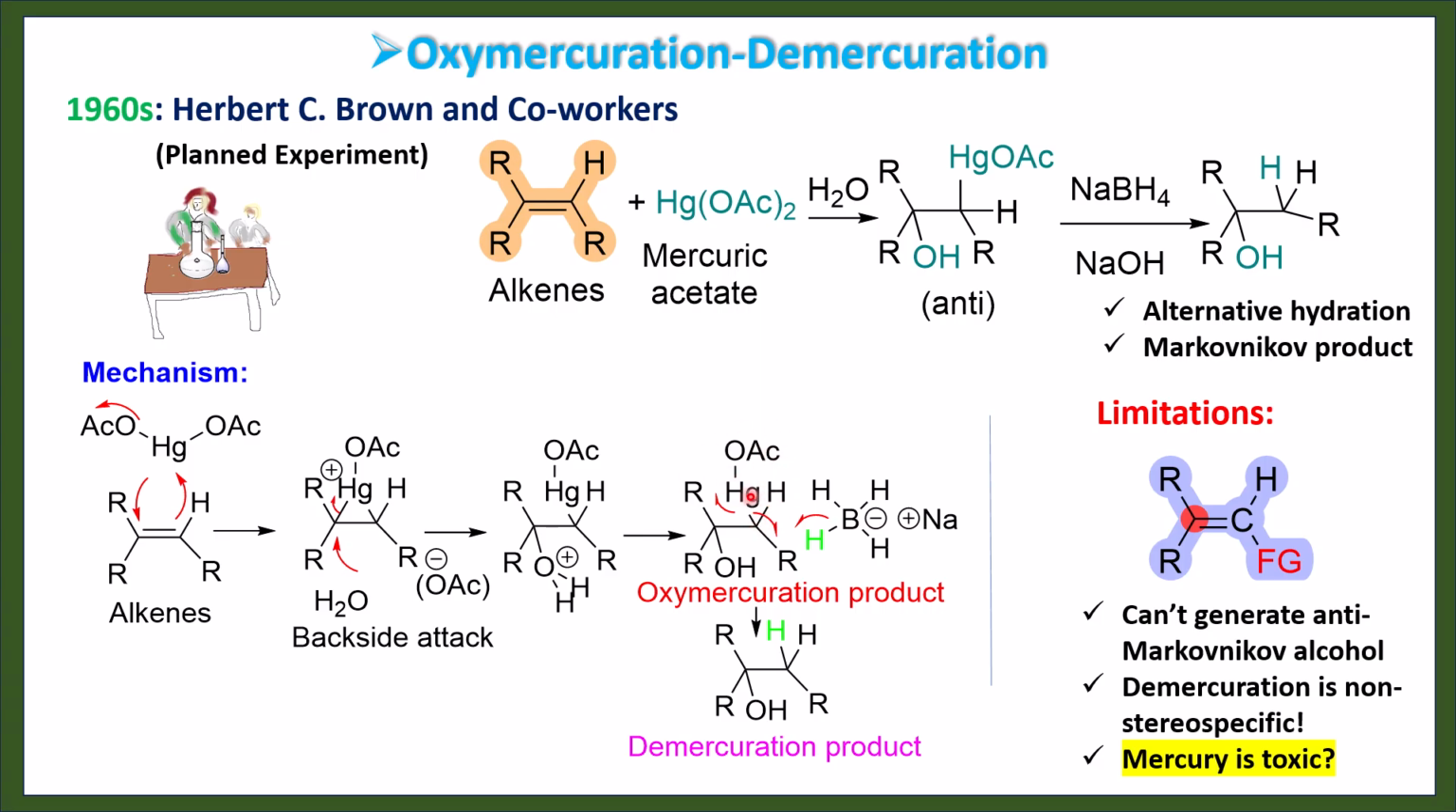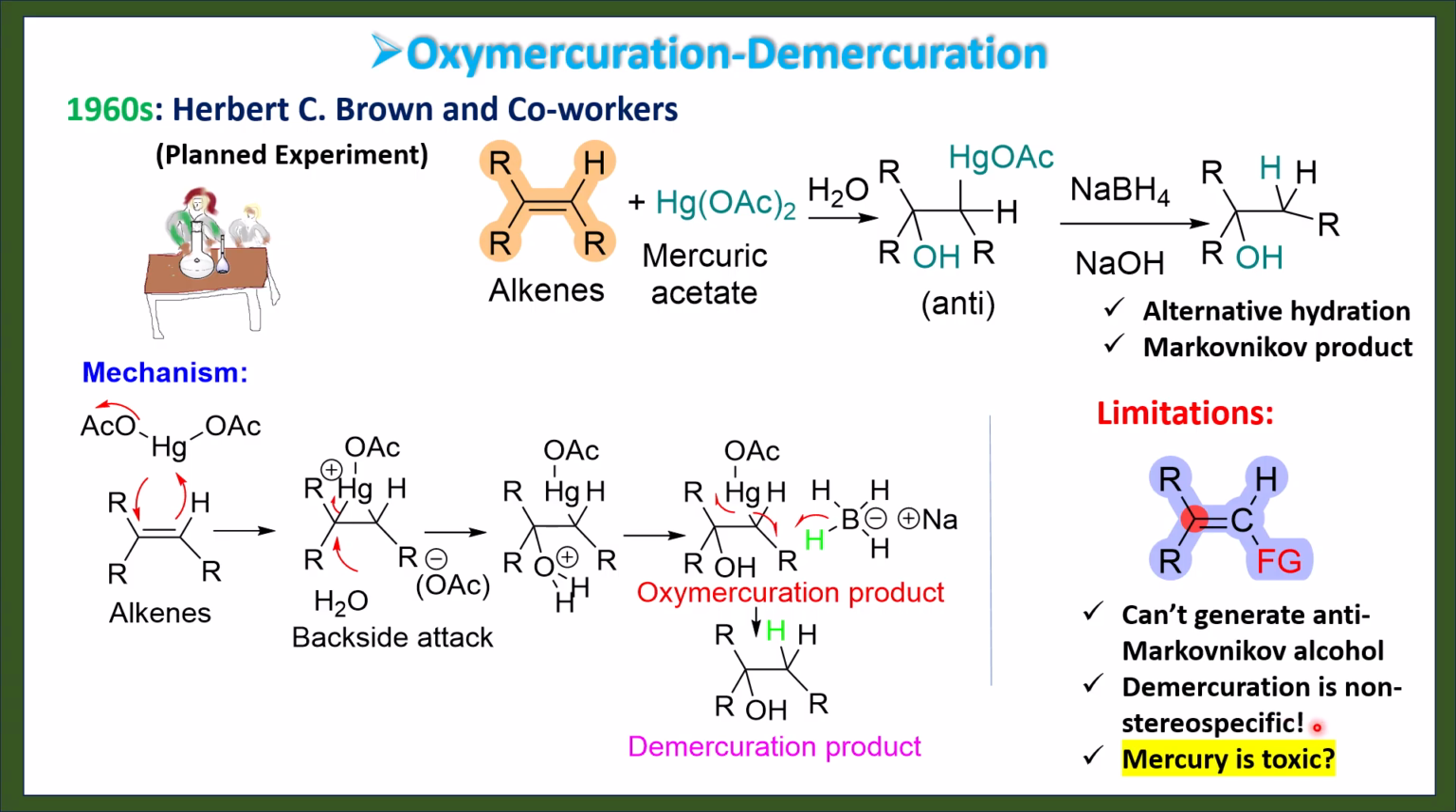One side is the mercury, the other side is the hydroxy group, and then demercuration happens by using another reagent, sodium borohydride. So hydride undergoes addition at this mercury-carbon bond via a radical pathway and gives this product. So this is the demercuration product, and this is the hydration product. Now the limitation of this reaction is that it can't generate anti-Markovnikov alcohol. Again, oxymercuration-demercuration gives the Markovnikov hydration product, and demercuration is